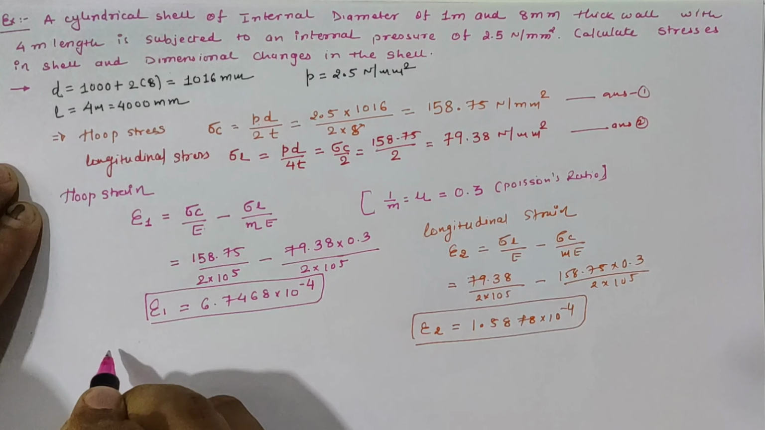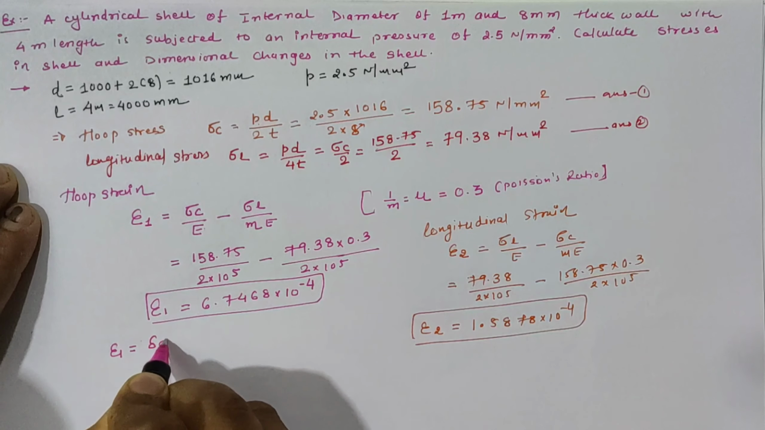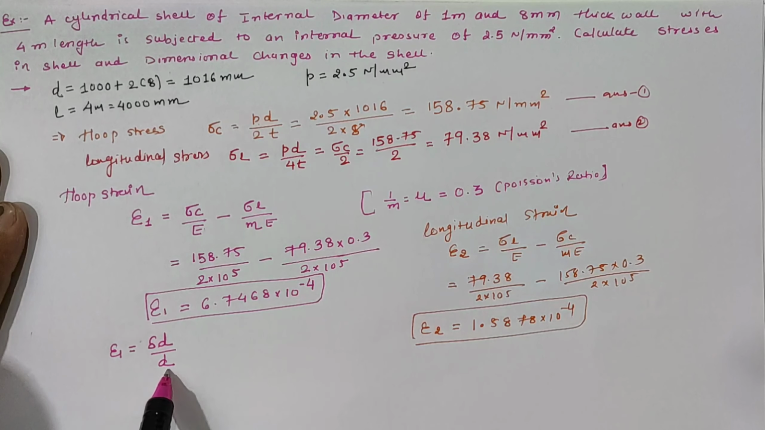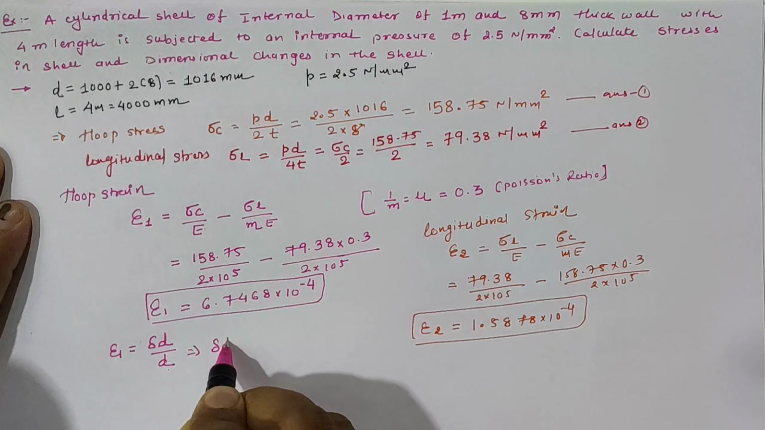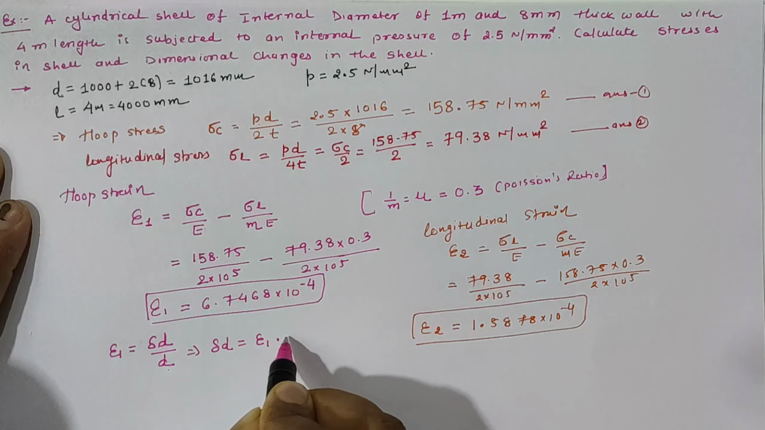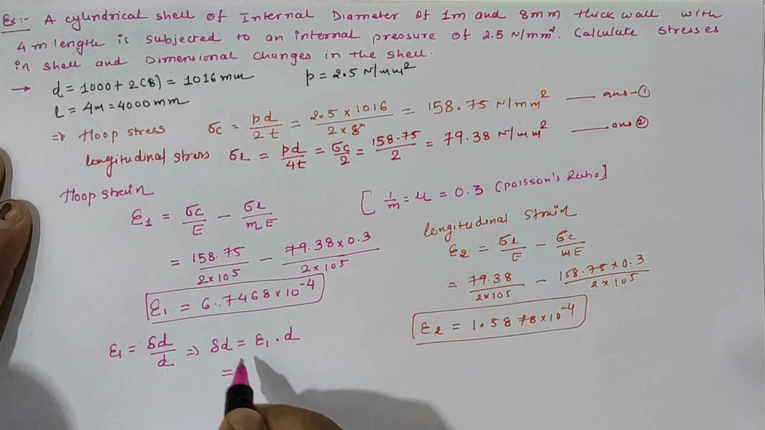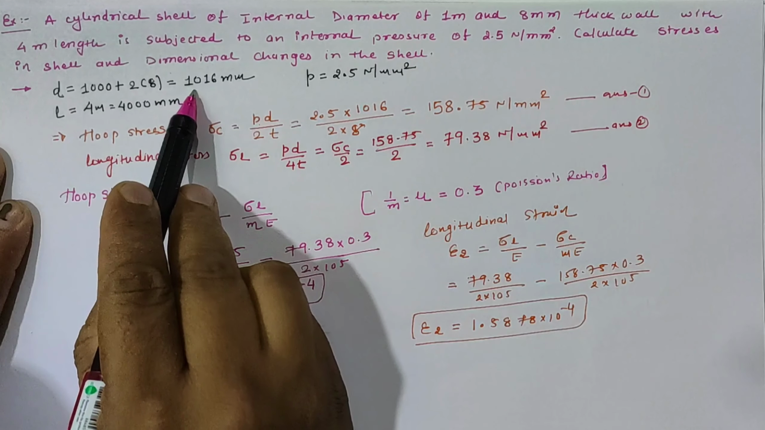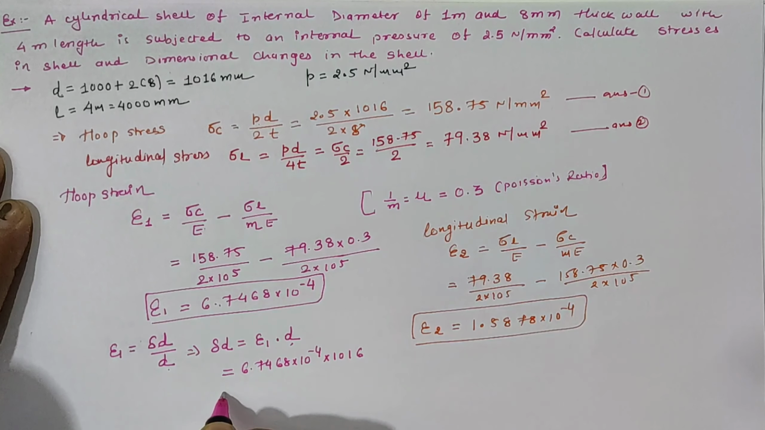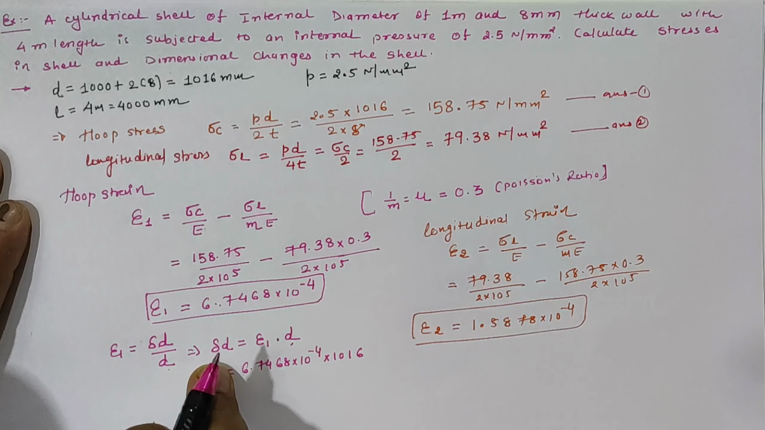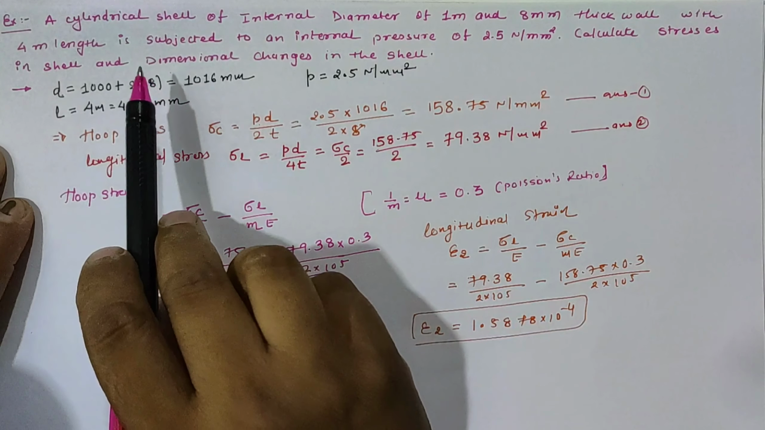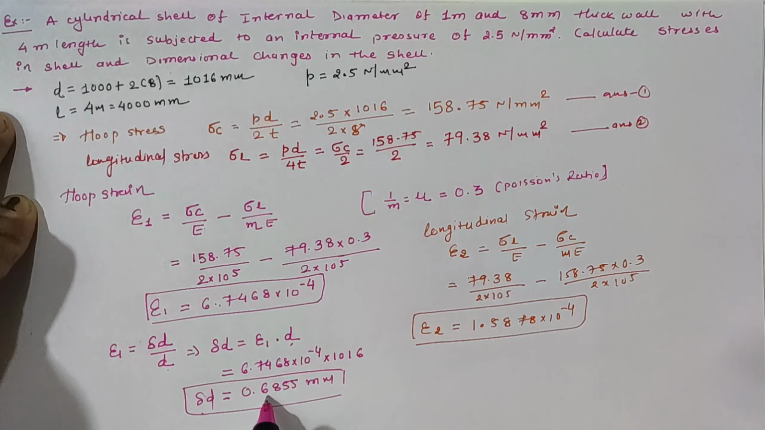Now e1 can be calculated by the equation del D divided by small d, or we can say change in the diameter divided by original diameter, so the change in diameter can be calculated as multiplication of e1 into original diameter. Now e1 value is 6.7468 into 10 raised to minus 4 and small d value is 1016. Hence our change in the diameter is 0.6855 in terms of mm. So according to the dimensional change, our diameter change is 0.6855,